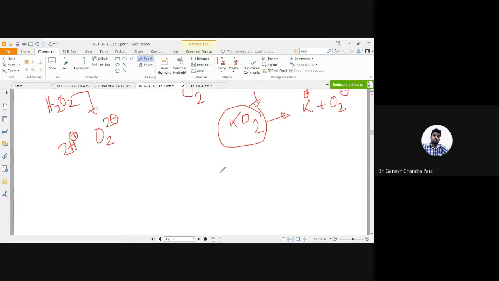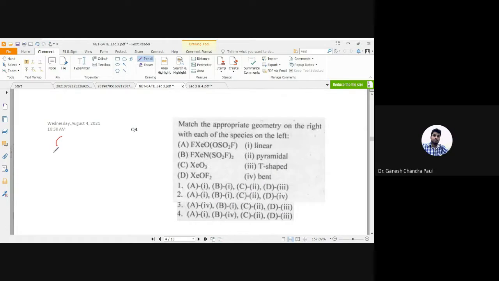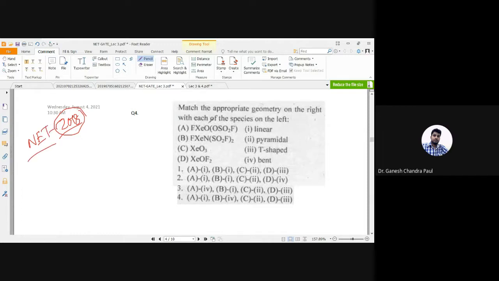So finally, coming to the next question, that is also an important question. That question came in the 2018 NET CSR exam, for 4 marks. You can see here, match the appropriate geometry on the right with each of the species on the left. Now what those species are is written over here. You can see here, A compound is a xenon containing compound, B is also a xenon containing compound, and you know